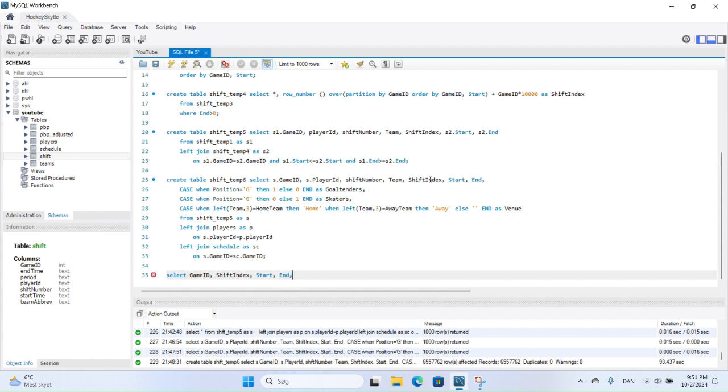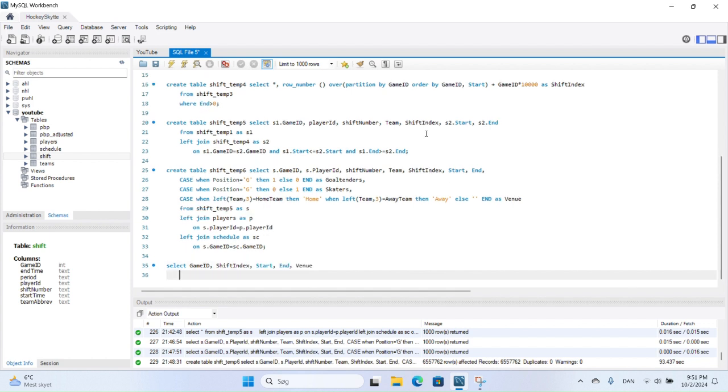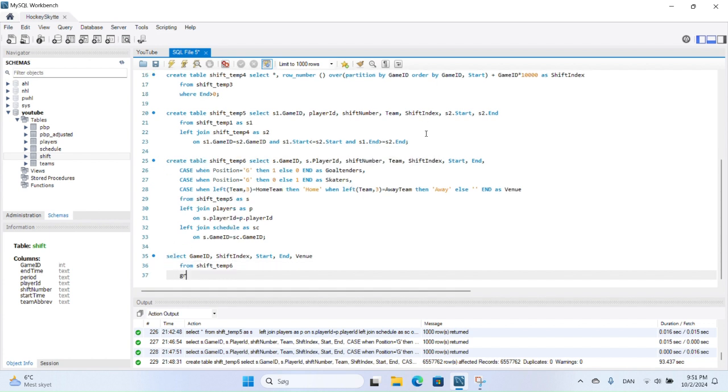So let's say start and end, and then we want the venue, and that's it. So we want to say from the shift temp 6,